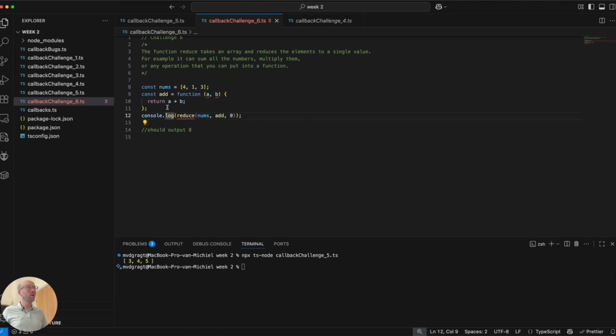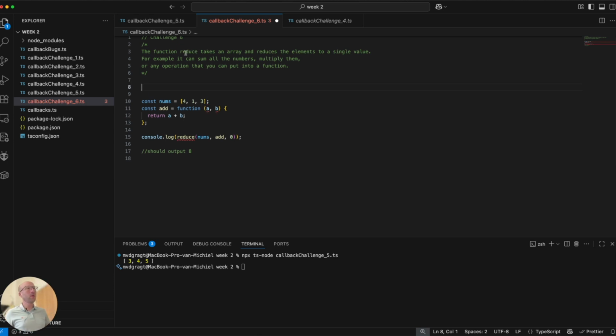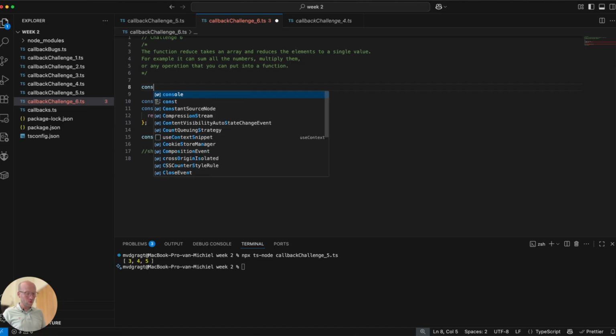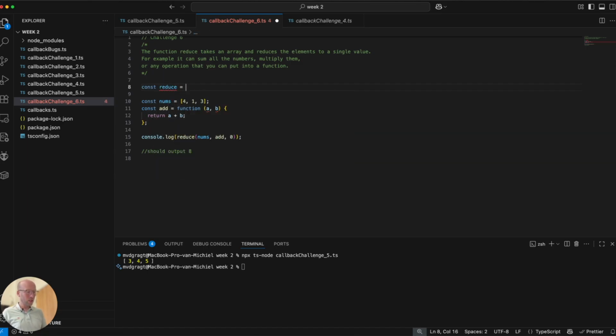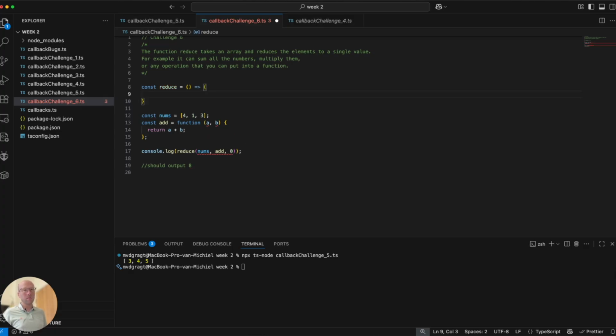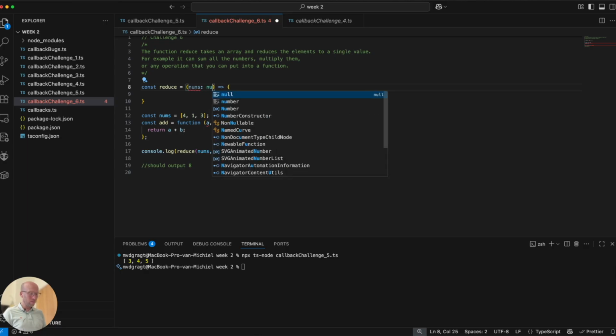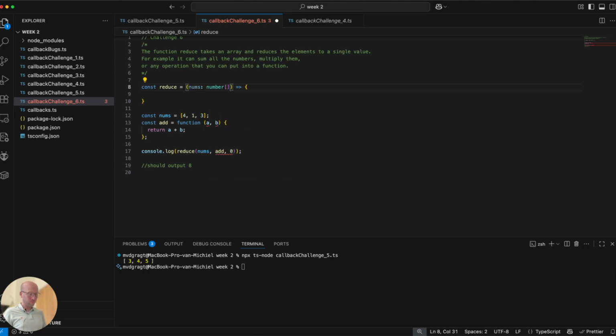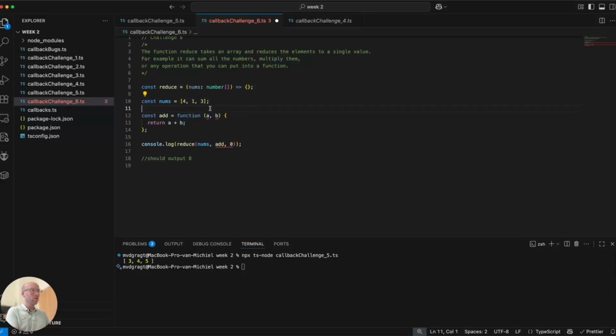Oh, sorry, I pressed the wrong button. Now let's have a look then. They want us to create a function called reduce. So we start with that. Reduce equals there. Then we know that this is taking in nums, which is a number array. It's also taking in this function add. So we're going to say add. And add is